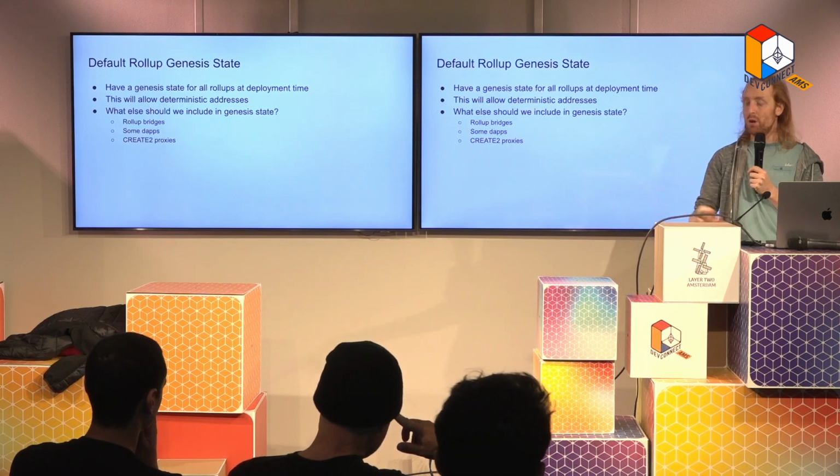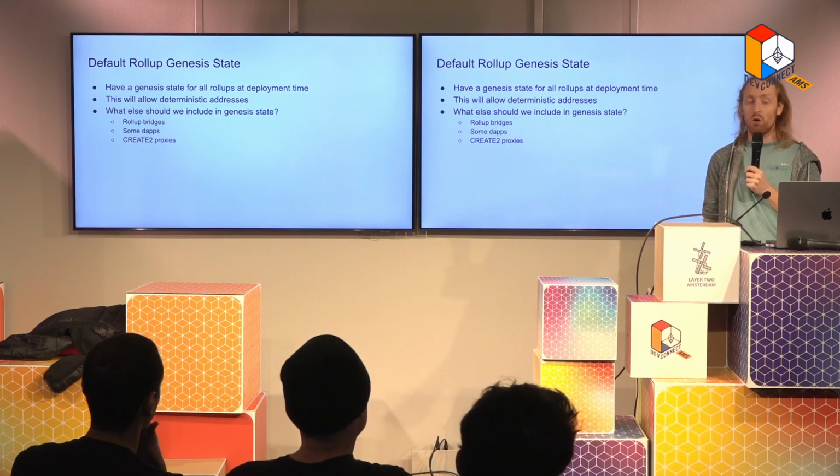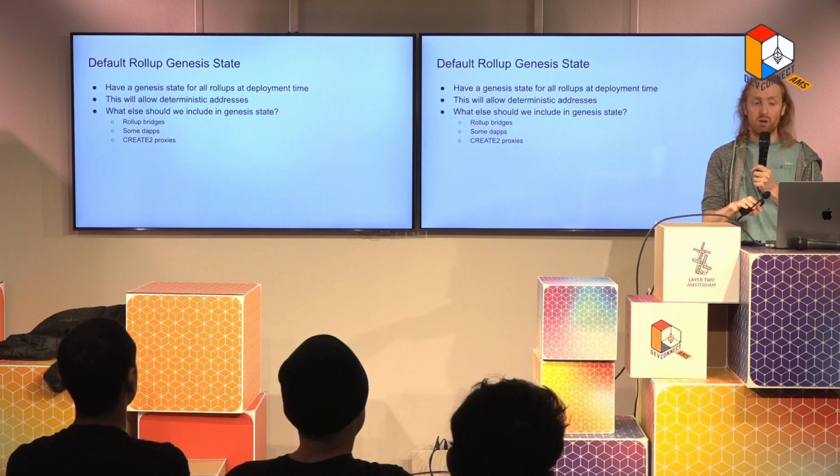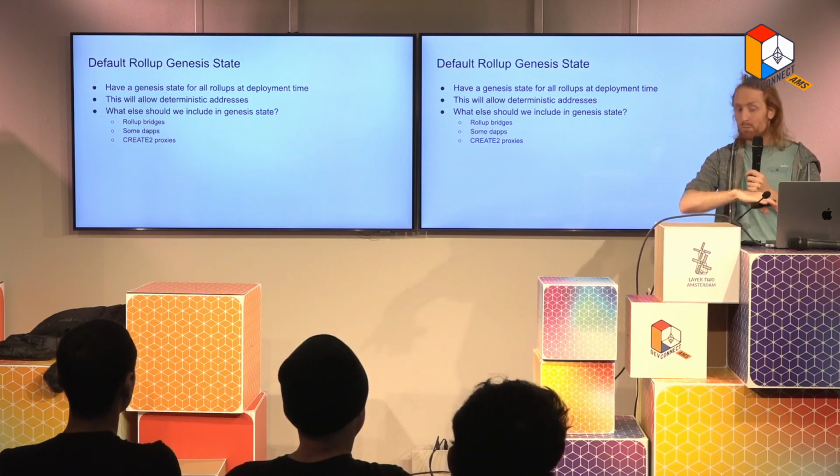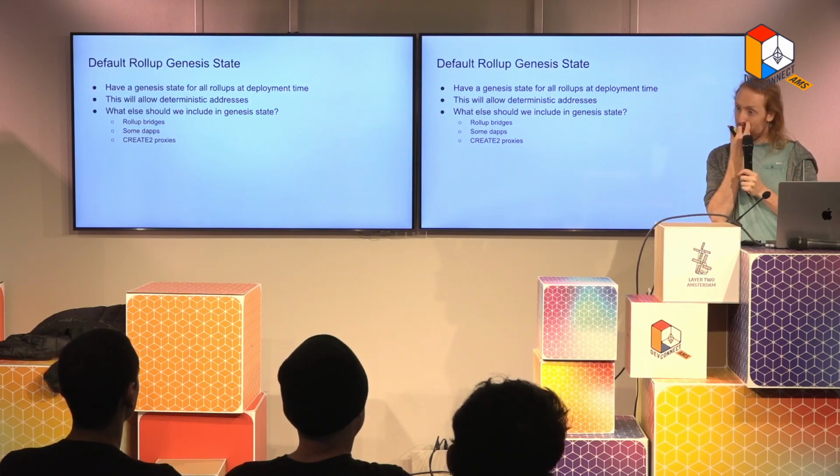You can pre-deploy contracts. So we can do this for create2 proxies, but there's also a couple of other things that we would want to do this for. We would probably want to deploy the same bridges in different places. And I guess it's probably actually better if we just deploy the create2 proxy and then use that to deploy all of the other addresses. We should probably just use that to deploy everything on layer 2. That does seem nicer, because then everything that you deploy on Optimism will have the same address as what you deploy in Arbitrum.